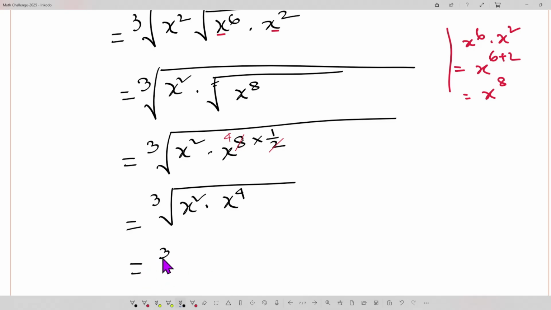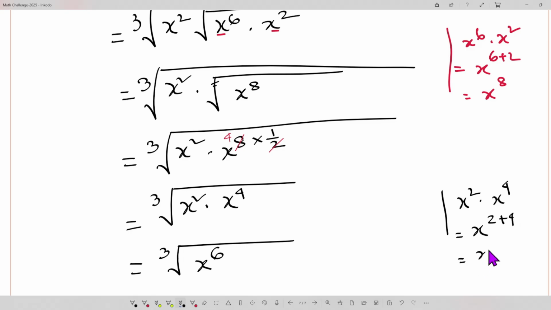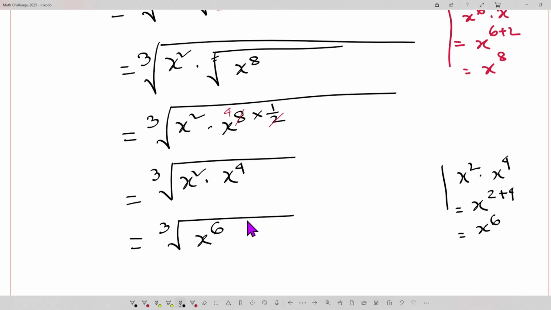And now a similar thing, the bases are the same, the powers will be added in a product, so x 2 plus 4 is 6, right? How? x to the power 2, x to the power 4, so 2 plus 4, finally we get x to the power 6. And last thing, this cubic root we want to omit, so x to the power 6 times 1 by 3. So 6 divided by 3, it will be 2. So our answer is